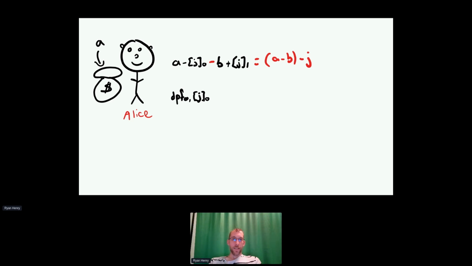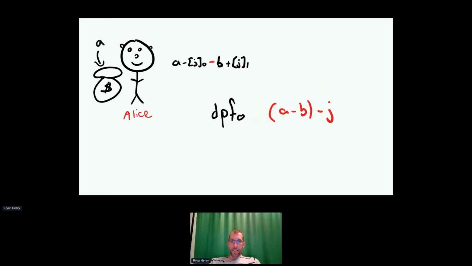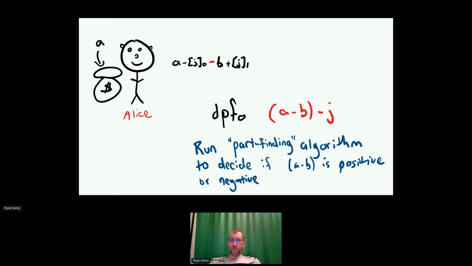And now we can adjudicate whether Alice is richer than Bob by looking at whether or not this is positive. If this is positive, Alice is richer. If this is 0, they're equally rich. And if this is negative, Bob is richer. And so what each party does, I'm just going to show Alice's view, but Bob does the exact analogous thing, is she takes her DPF together with this value and she runs the path finding algorithm I just